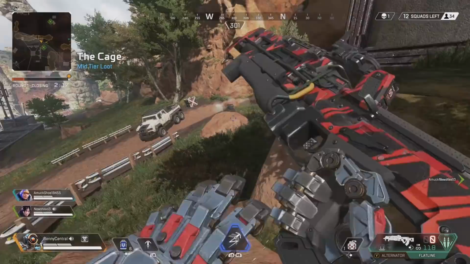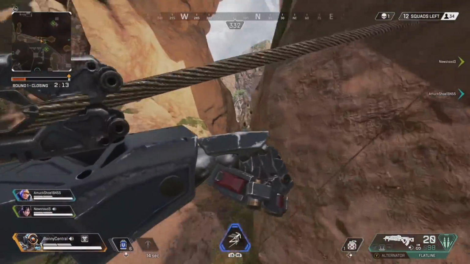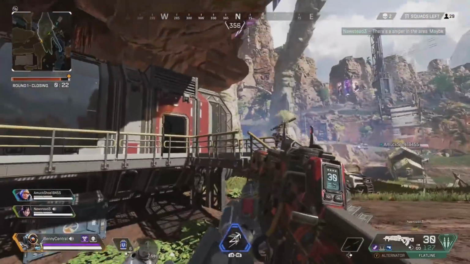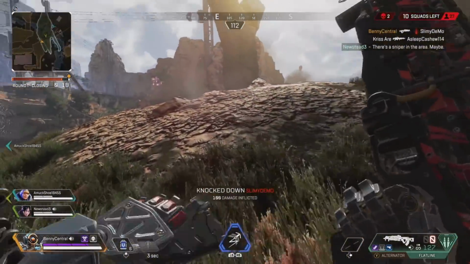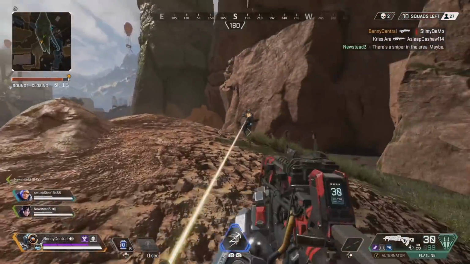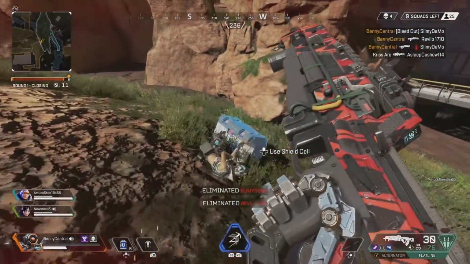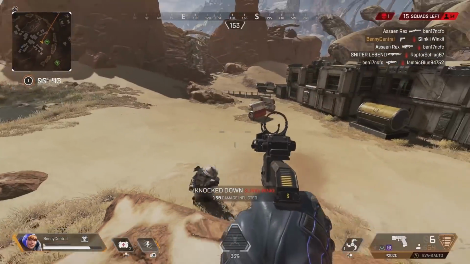Firstly, the Flatline has been a pretty rubbish weapon, to be completely honest, and has massively underperformed compared to other assault rifles in the game on both automatic and single shot. But now they've increased the damage per bullet from 16 to 19, which will definitely help make it a more viable assault rifle, especially against Wraith, Lifeline, and Pathfinder, who it will do 20 damage a bullet to because of